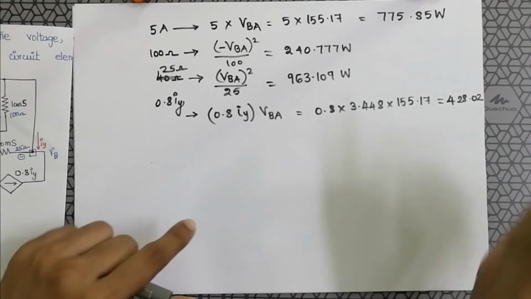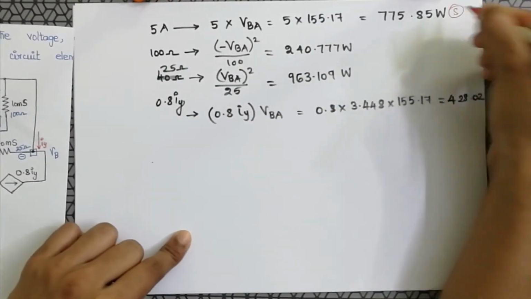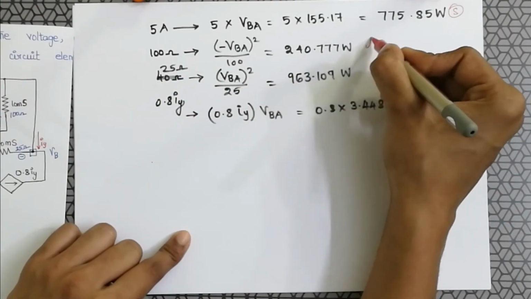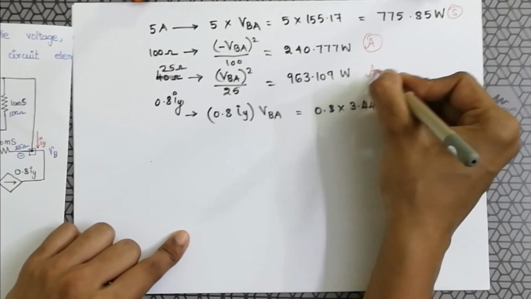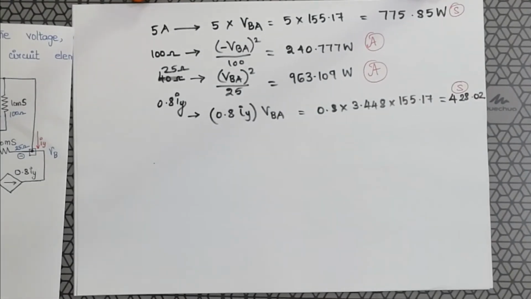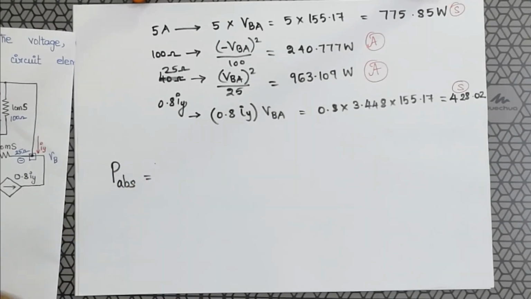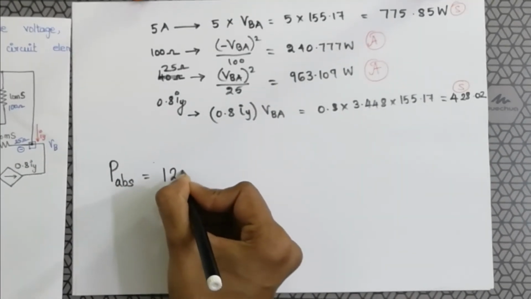This is not 40 ohm, this is 25 ohm, which is... Here we have the sources 5 ampere and 0.8 IY that are supplying current, and the resistors 100 ohm and 25 ohm are absorbing current. So let us find the sum of absorbed power and supplied power. Let me say PABS as the absorbed power. The power absorbed is